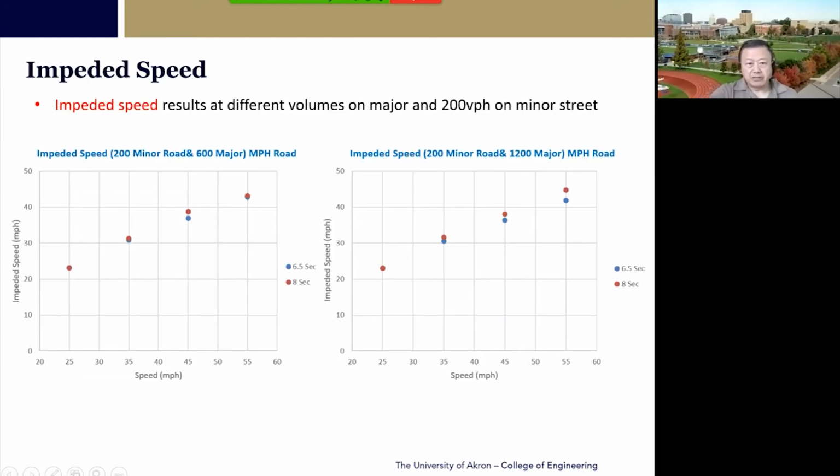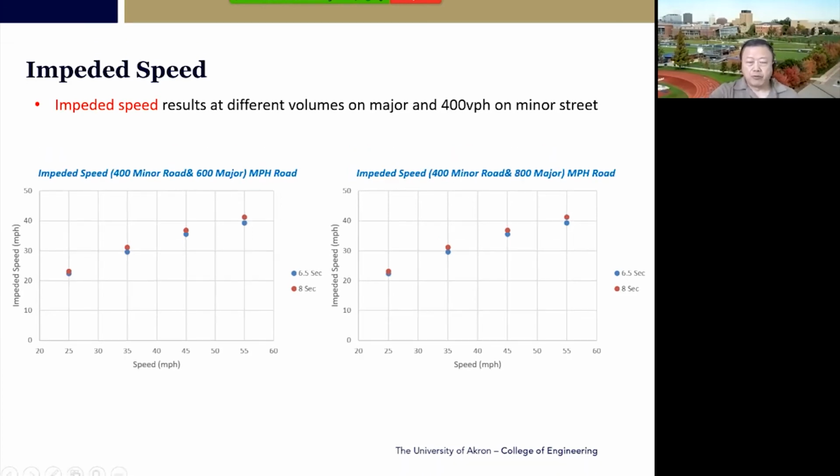And we also did impedance speed, of course. And you can see, comparing 6.5 seconds critical gap with 8 seconds critical gap, the impedance speed doesn't change much. This is when the minor road volume is 200. And if you change the major road from 600 to 1200, you can see the difference is still not much on the impedance speed.